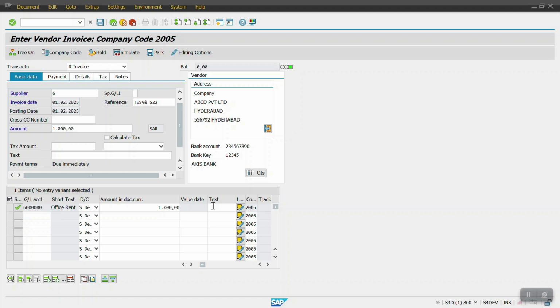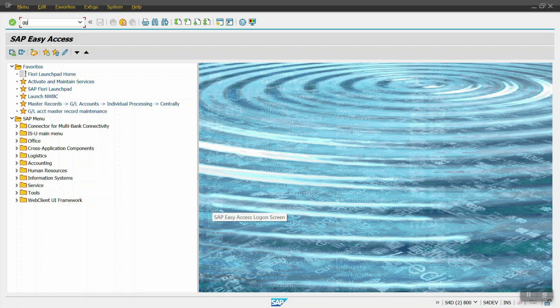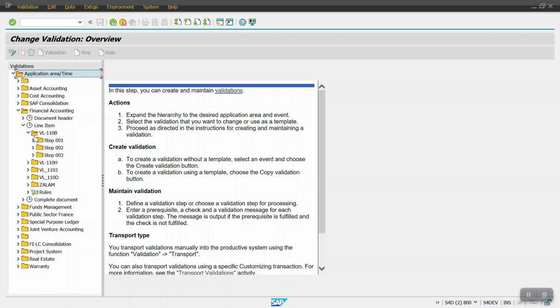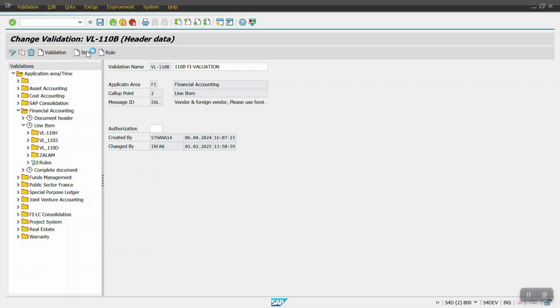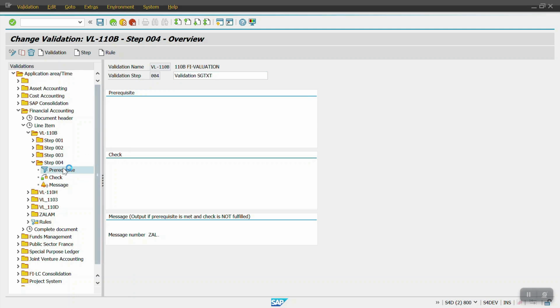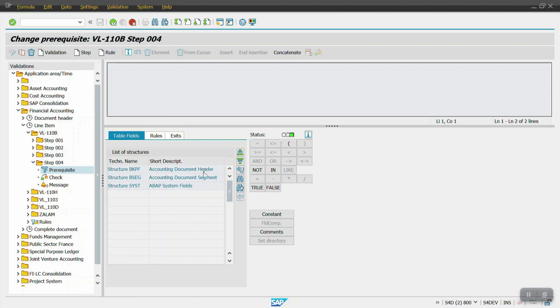Now I will go to a new screen where I will use the transaction code GGB0. So first I will avoid the validation. If it's working fine, then I will switch on the validation. Then I will go for the substitution. Step by step, I will explain to you. I will be creating a new step here. Okay, the prerequisites, I'm just selecting the